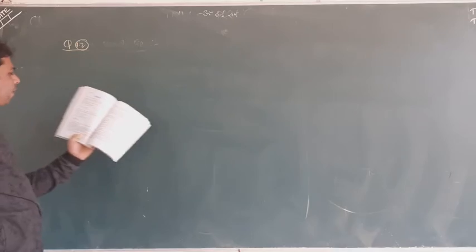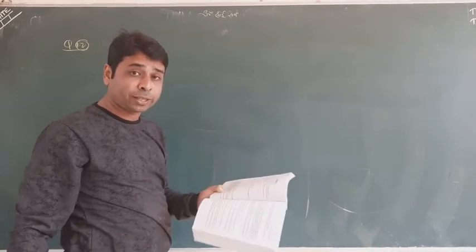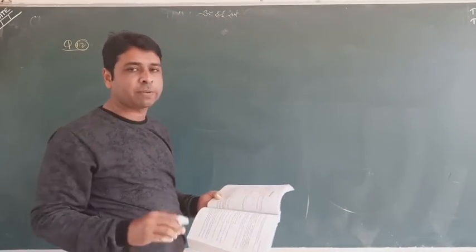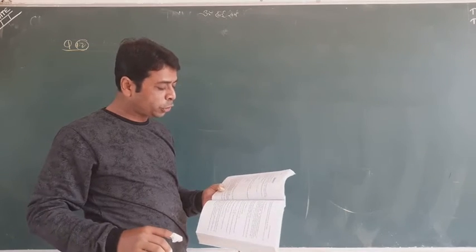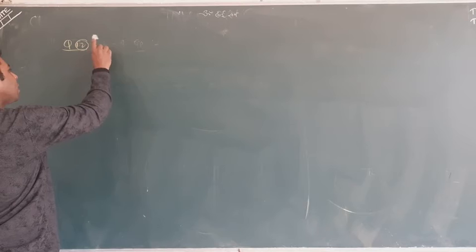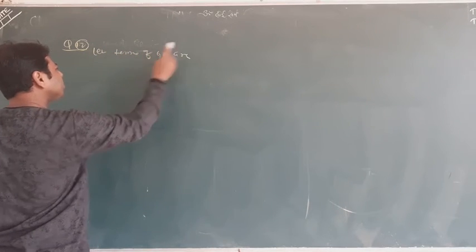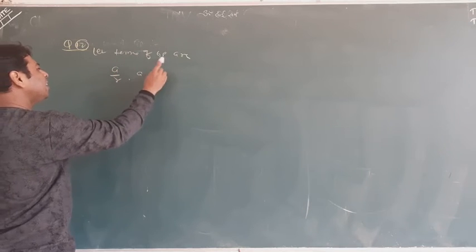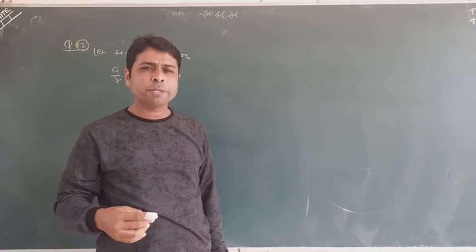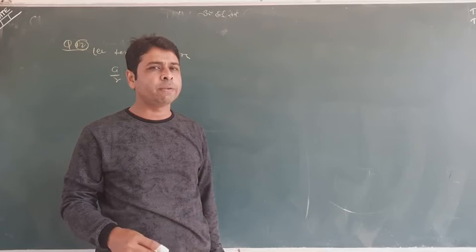The question is question number 12 of the exercise. The sum of the first three terms of a GP is 39/10 and their product is 1. Look, the sum is given, but the product is 1, so the product of three terms is given. We need to find the terms. So we'll write here that the terms of GP are a/r, a and ar. Why? Because the product is given. The sum is given as an extra thing, but the product is what is important.